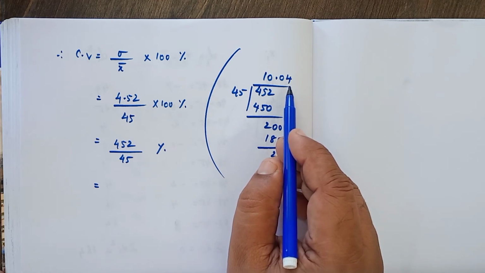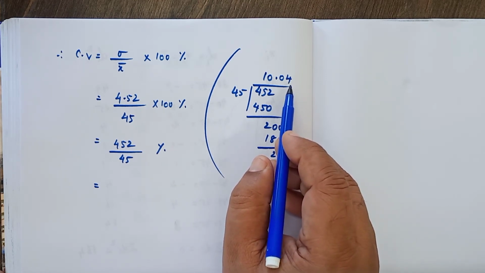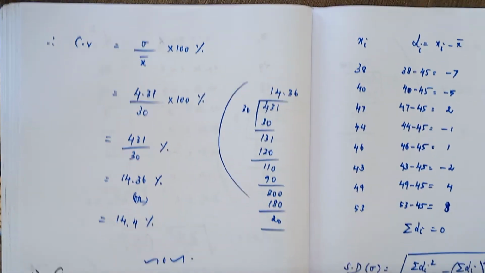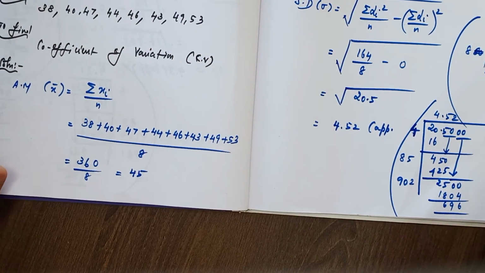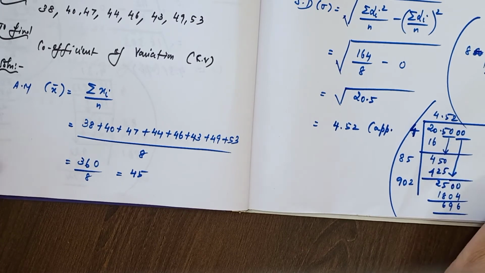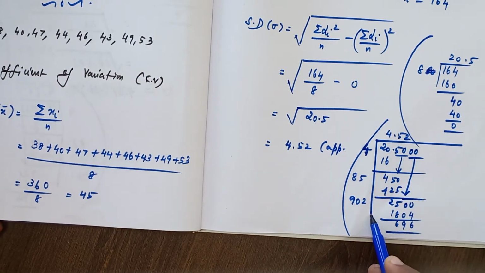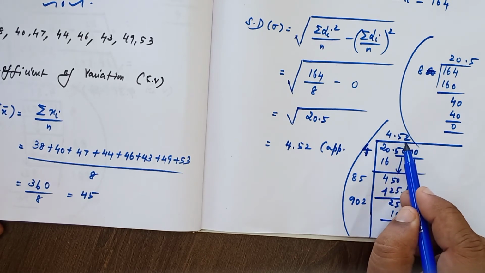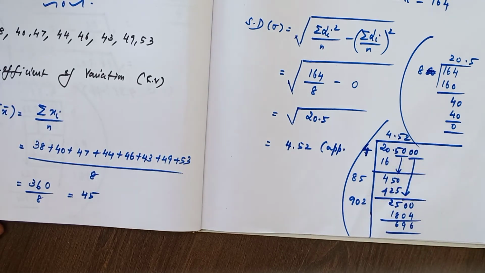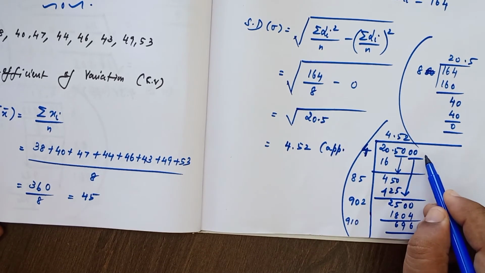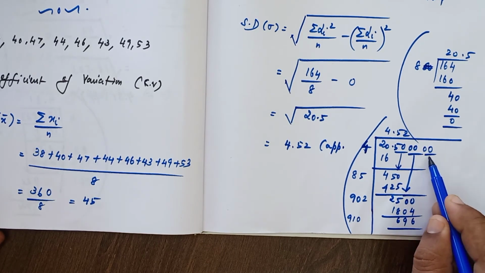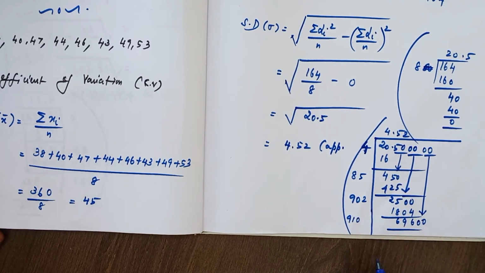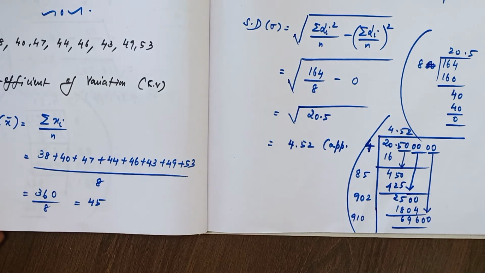Book answer is 10.07. For getting that 10.07, we have to proceed further in the standard deviation. See here, we have taken 4.52, isn't it? I'll proceed now. If you multiply it by 2, 452 into 2, that is equal to 910. Then 2 more 0s, bring those down. Now how many times? We can go up to 7 times. Here 7, here also 7.